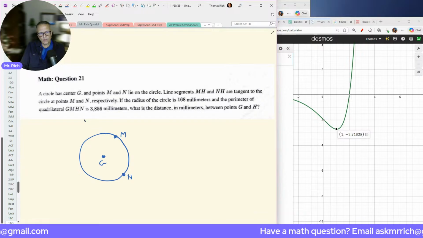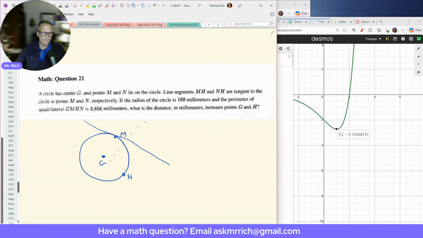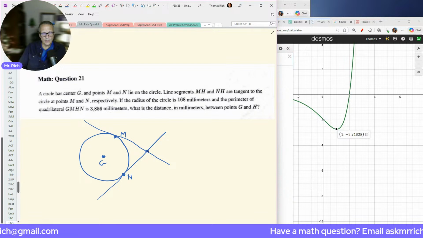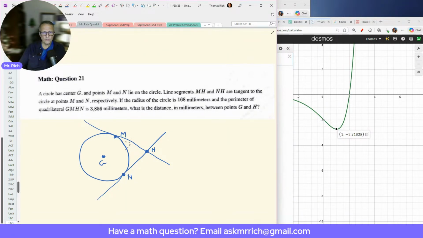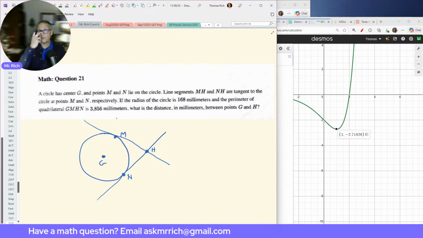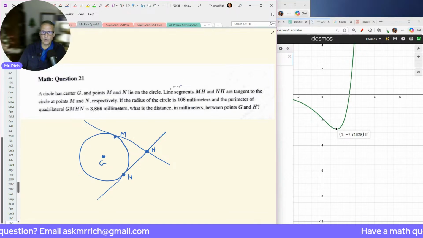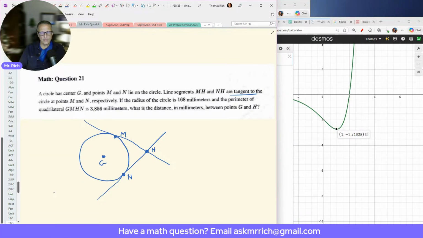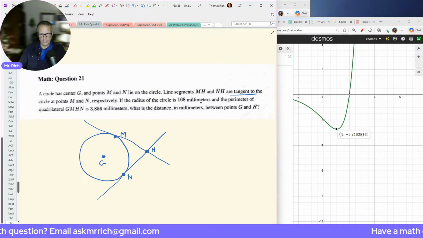If I were to draw a tangent line, that means it's a line that's going to nick the circle at that point on the circle. So it's going to look like that. So this intersection has to be point H right there. I know a lot of students struggle with making this picture, but in order to make sense of this problem, this is crucial. So you have to know what a tangent to a circle looks like. And there you go. Now, they do tell us that the radius of the circle is 168 and that the